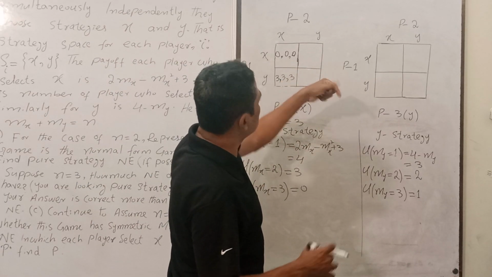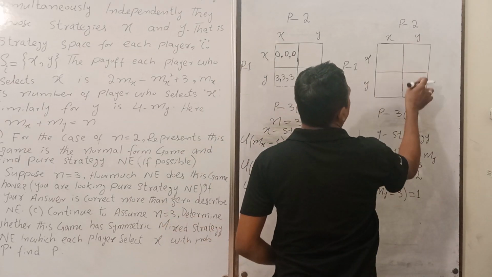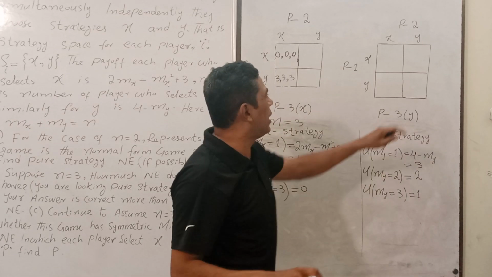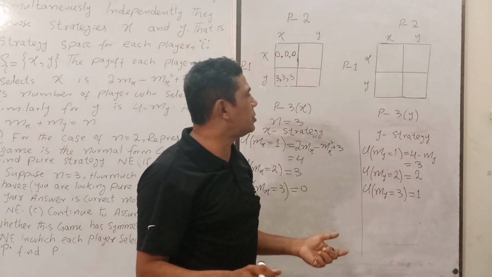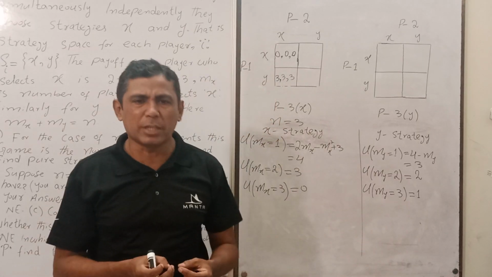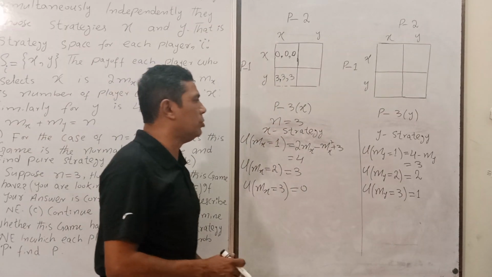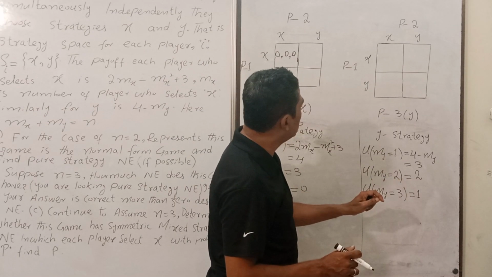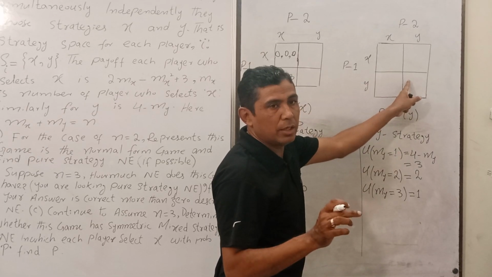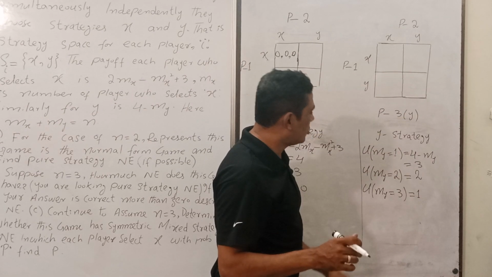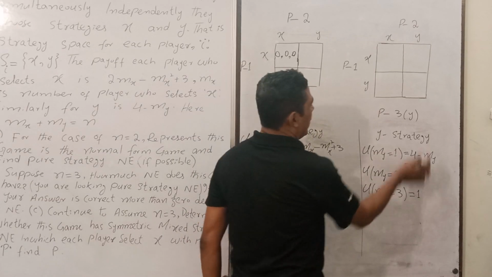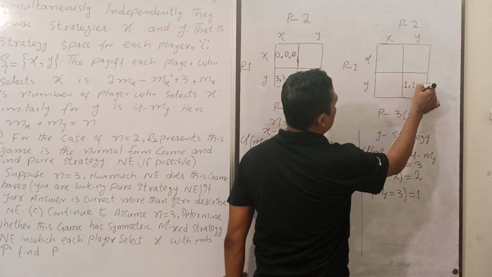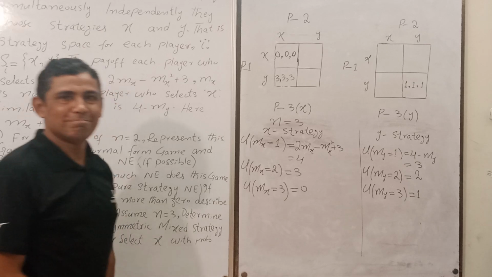Okay. Now move here. Look at this one. When all players play strategy Y, just try to fill out this one. When you are able to fill out these boxes, the answer is very simple. There is no confusion. Yes, all 3 play strategy Y, so my equal to 3. So player 1 payoff is 1, 1, 1. You got my point?